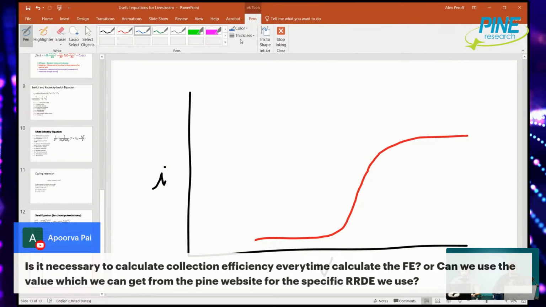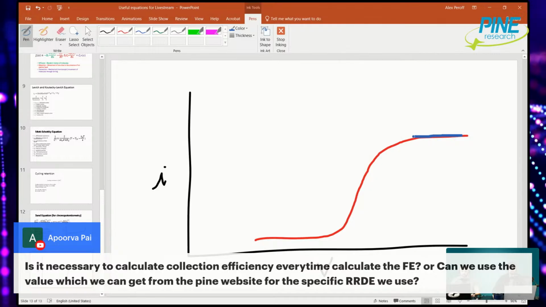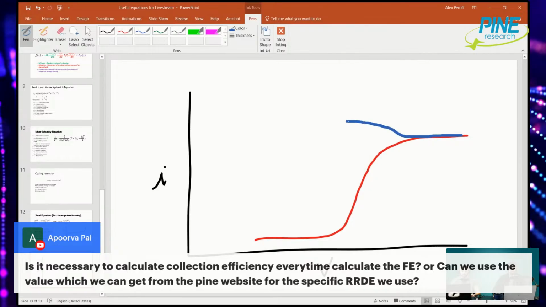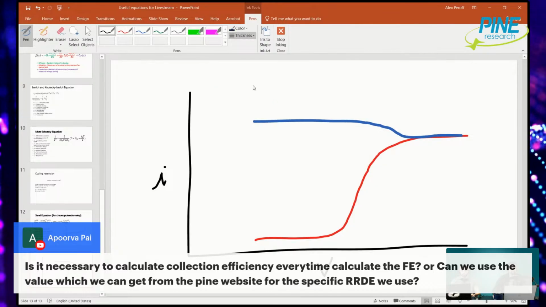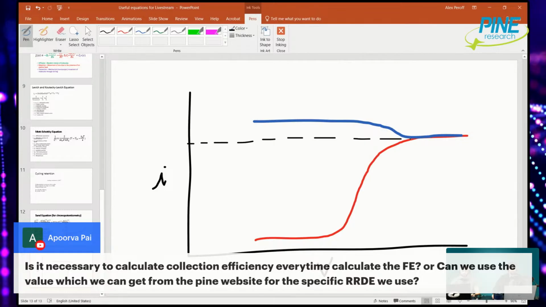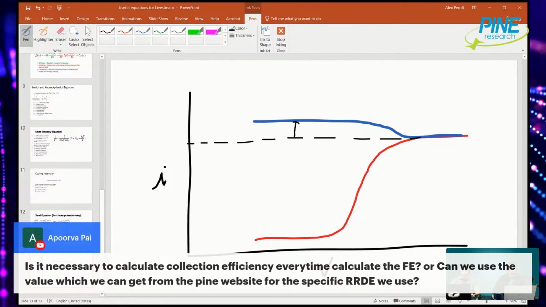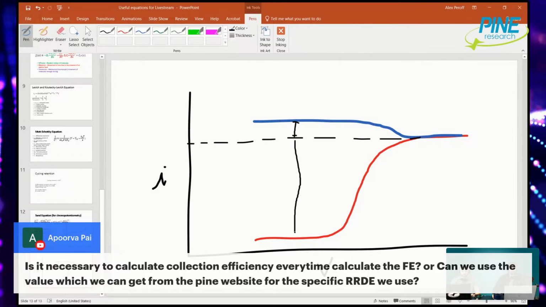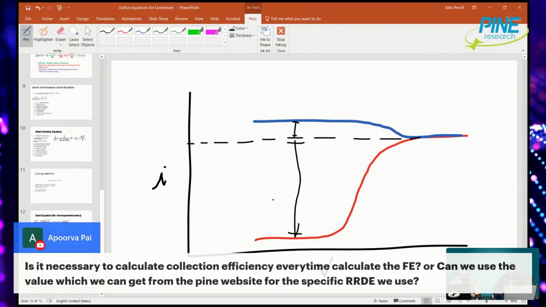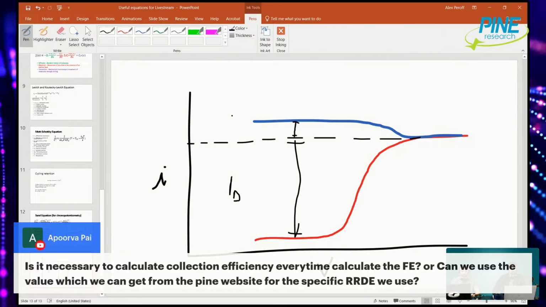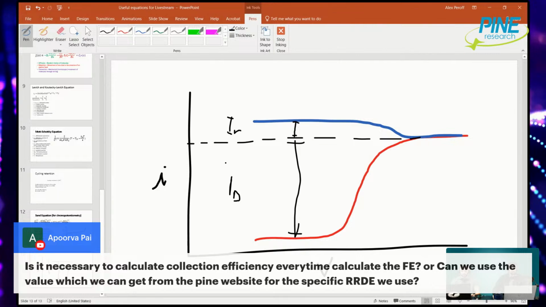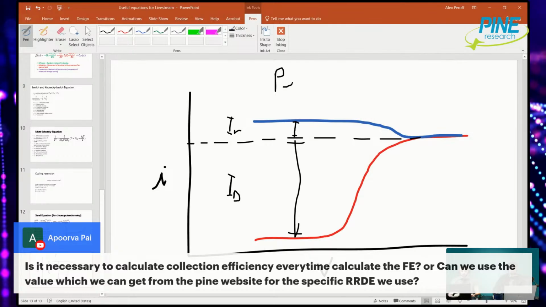And then you have your ring, which would be something that would actually be at the same current. It's 0 at first, and then it would kind of go out like this. And you would just measure this here. It's a 1 electron transfer reaction. So you have both of your currents, the difference. So this is your I disc, and then you have your I ring, and then you would just take the ratio of those two for a perfect system. So we would call this a perfect system,